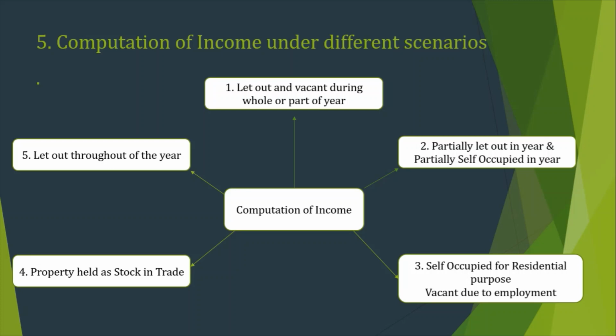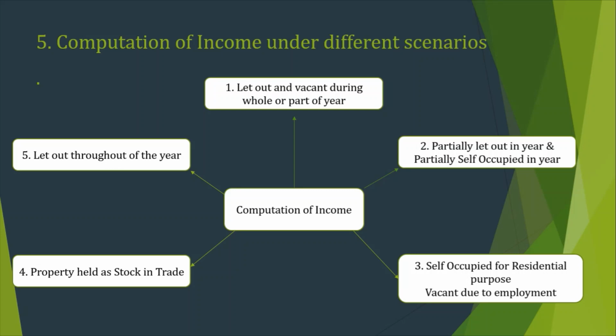Topic number 5, computation of income, different scenarios. There are around 5 different types of scenarios in which the calculation of income from house property shall be made. First condition is let out and vacant during the whole or part of the year. It means the house property is vacant for a few months. Then second is partially let out in a year and partially self-occupied in a year. Suppose for 4 months it is occupied by the owner, and then the remaining 8 months it is